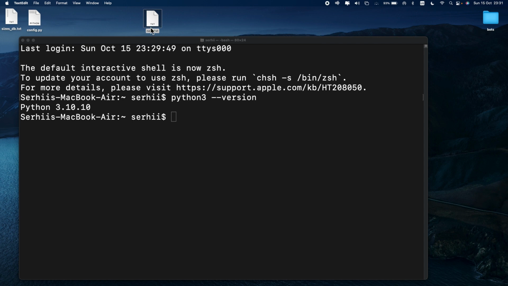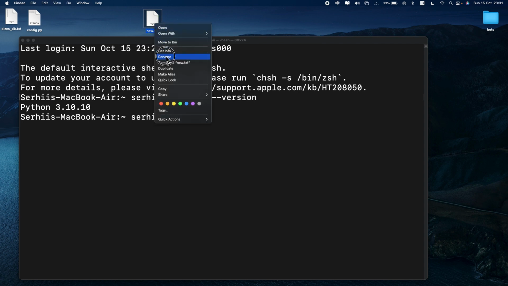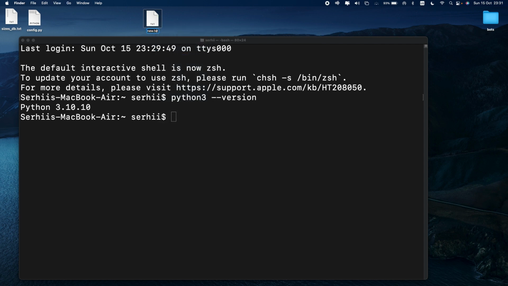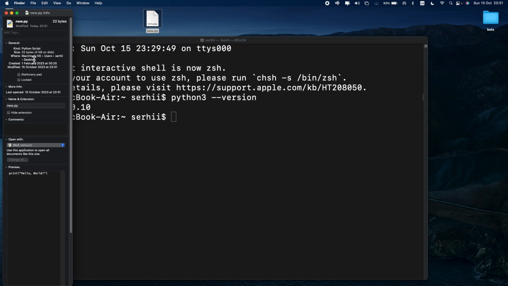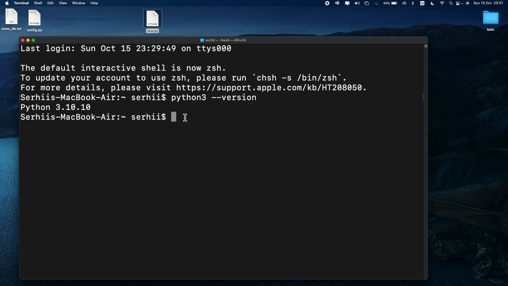Let's close this text file now, change its extension to .py, copy the path to this file, and open it with our Python 3 interpreter by typing in our terminal python3, followed by the file path to our new .py, and press enter.